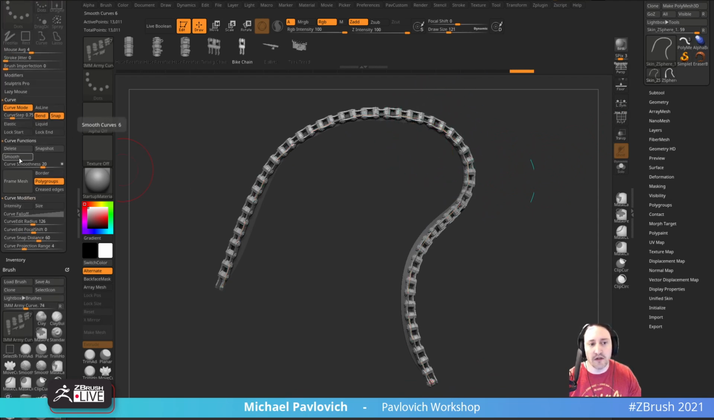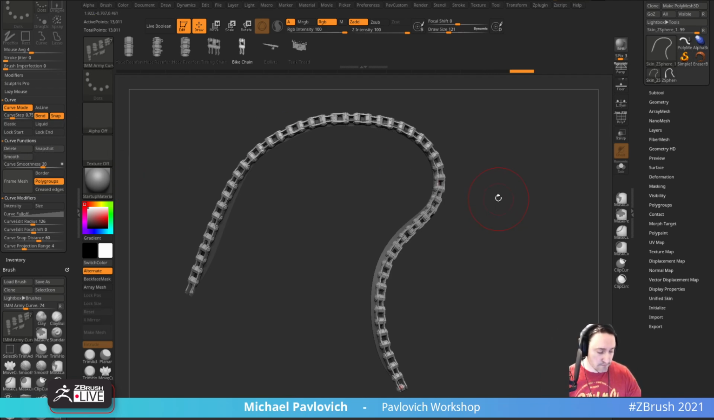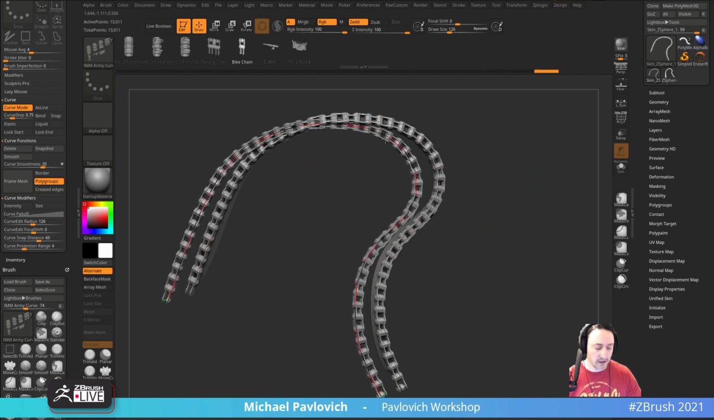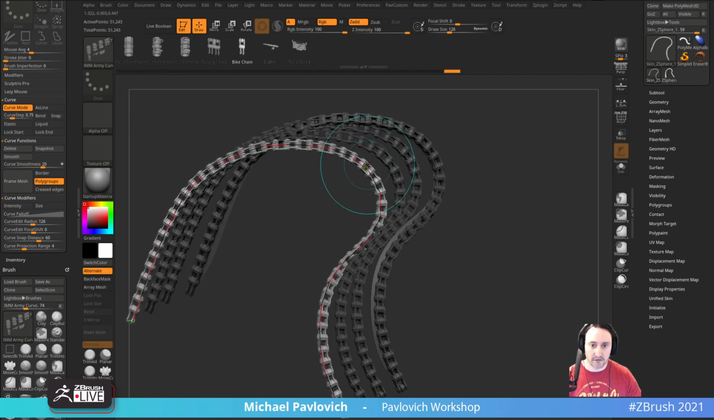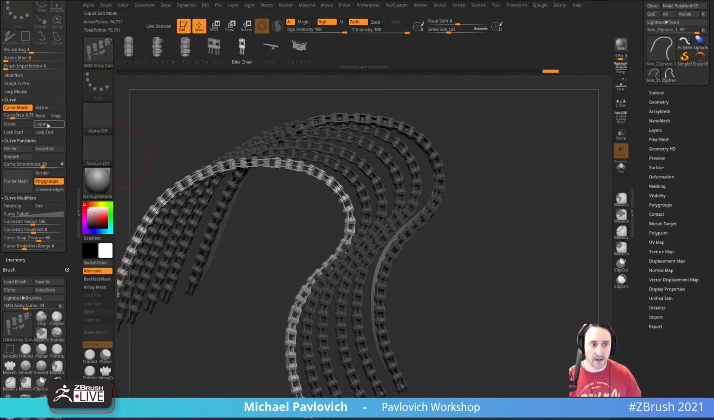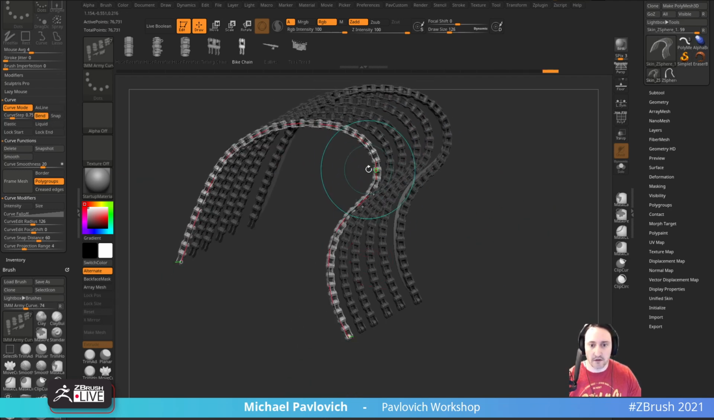But there's also a smooth in here. So delete, snapshot, and smooth. Snapshot is 5. So if you want to hit 5 and then turn off bend and snap, and then take this curve and make a duplicate, and then hit 5 and make a duplicate, 5, 5, 5. Turn bend and snap back on, or at least bend, so you can go through here and you can make